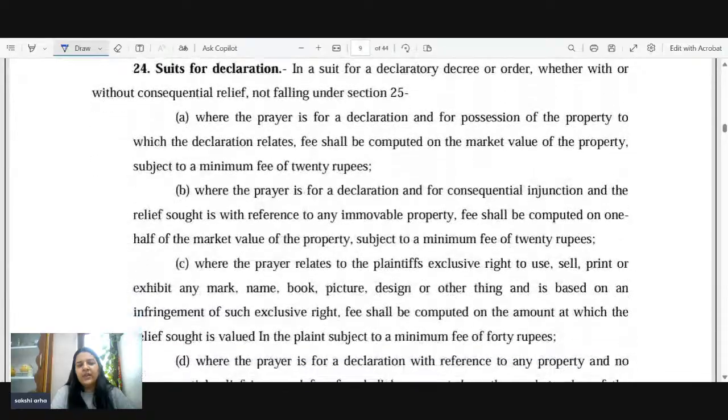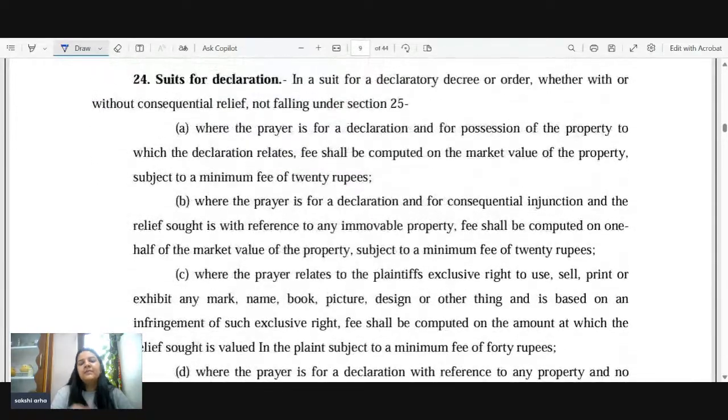Now 24, suits for declaration. Okay. So it says, what is declaration? First and foremost, what is declaration? What do you mean by declaration? Then we will discuss suits for declaration. So declaration means